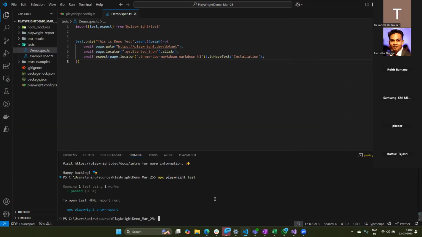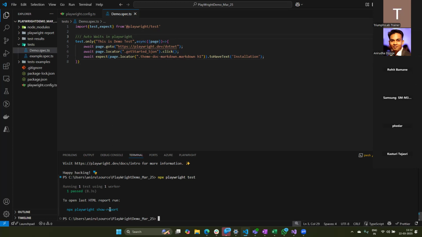So my test passed. Only by writing three lines of code, I was able to do the same thing that I did in Selenium, where I had to write so many lines of code. One thing that you see here is that you get auto waits in Playwright. You don't need to write special code for doing that. Automatically Playwright will do it.